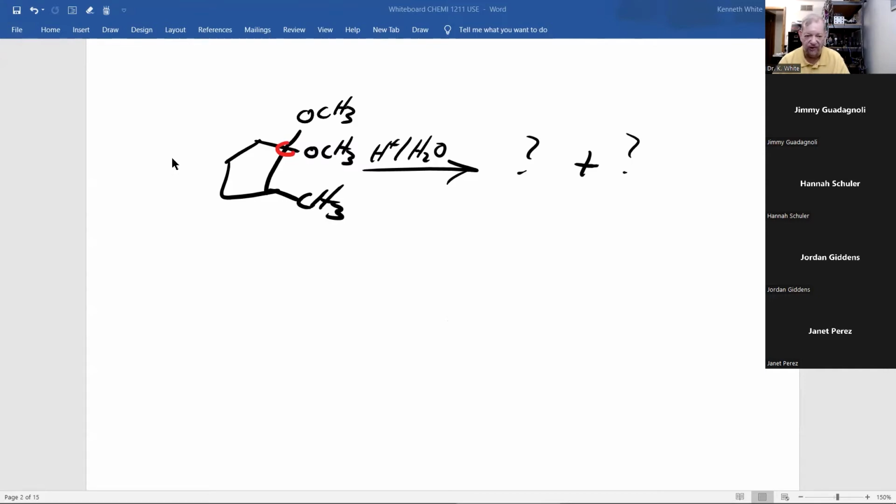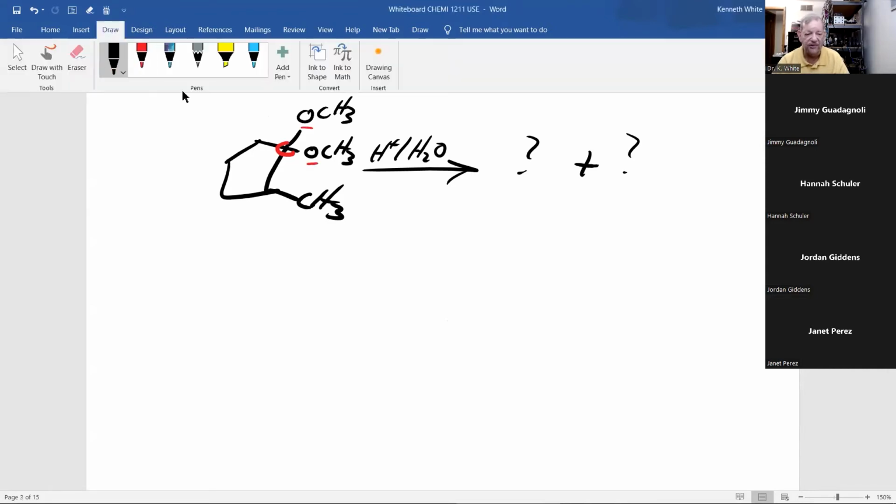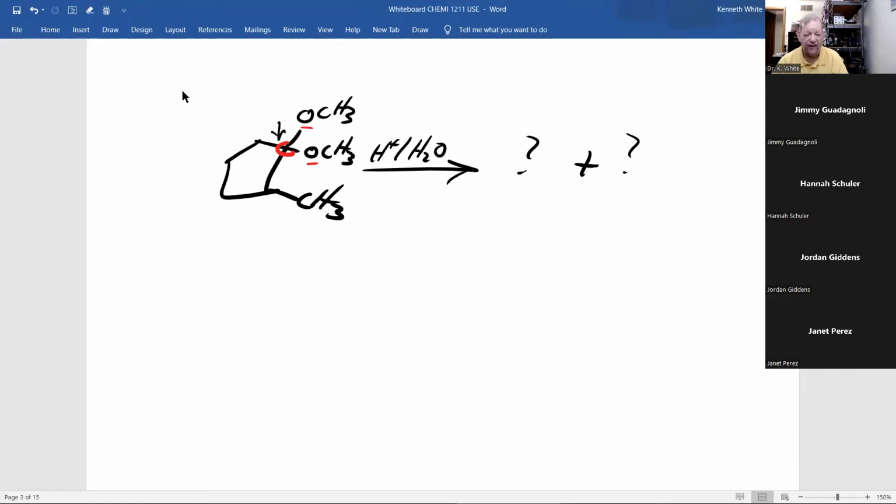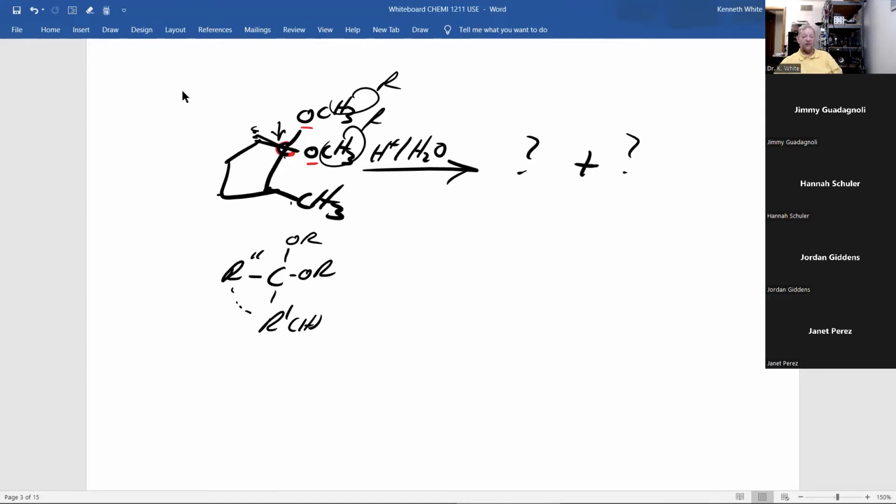And if we look at this, what's different? Oxygen here, oxygen there, and they're single bonds to the same carbon. And what we have here, each oxygen has carbons. This is our R group. And this carbon here has carbons here, here, here. This one goes here. So we have R prime, could have been hydrogen, it's not, and R double prime, and they're just connected together. Now, when you react this with acid and water,